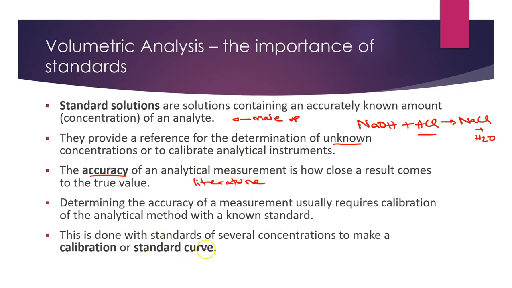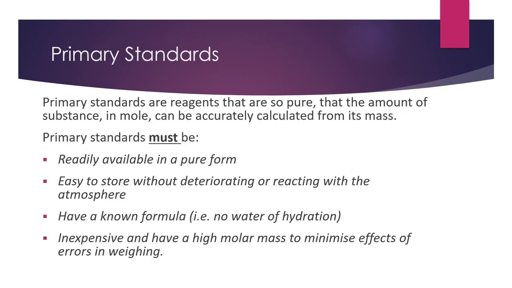Okay, and we've done this when we talked about standards with AAS and UV-Vis to make our calibration curves or standard curves. So again, this is using standards to help us determine the concentration of an unknown in solution. So primary standards by definition are reagents that are so pure the amount of substance can be accurately calculated from its mass. Okay, so we buy them in high purity, and they have a number of criteria that they must